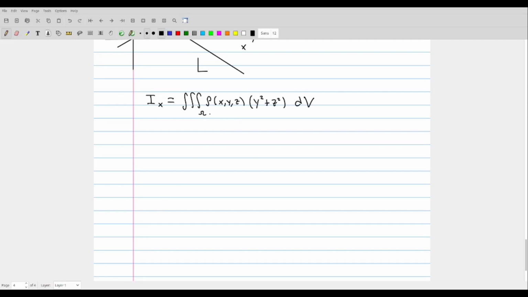So this triple integral will give you the moment of inertia of any three-dimensional region about the x-axis,